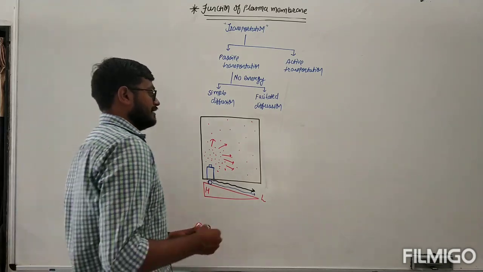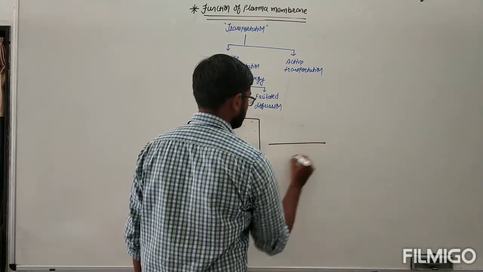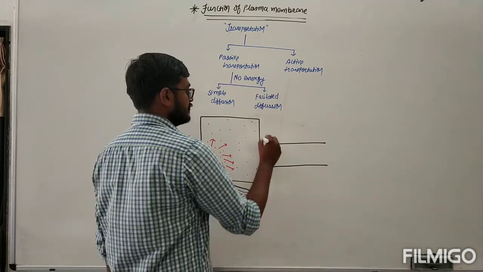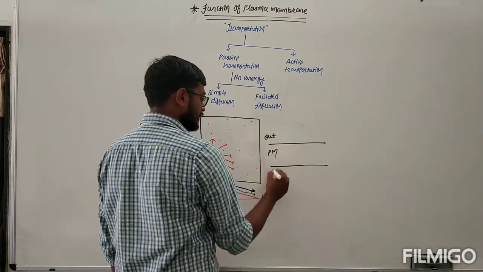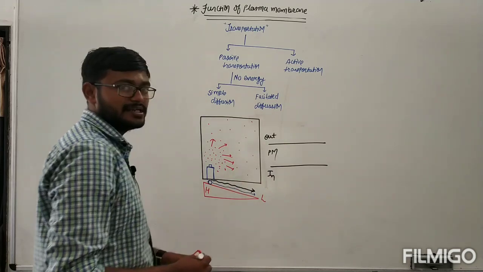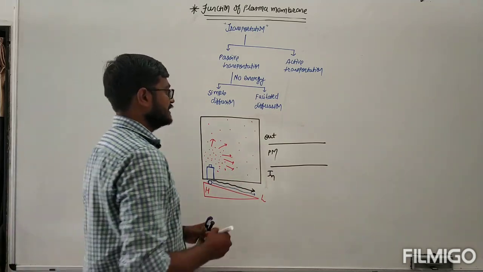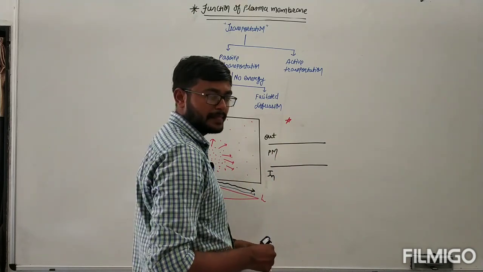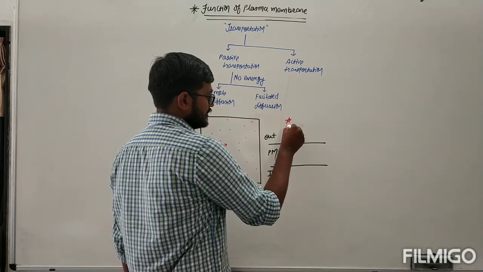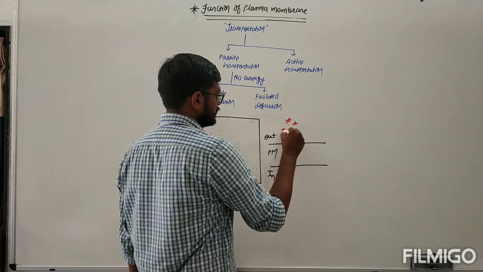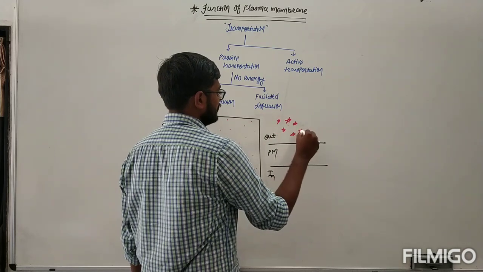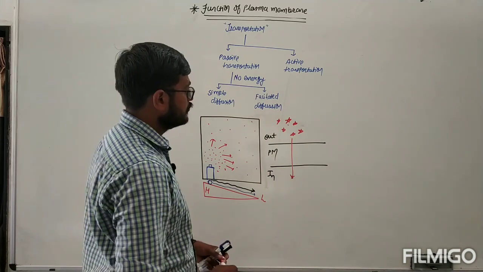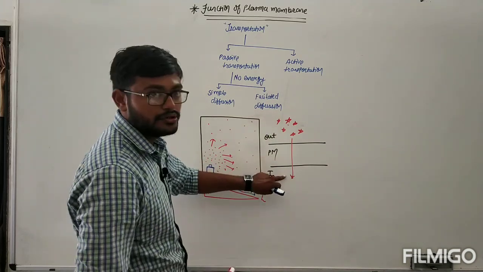How can we explain it better? See, let's take an example. The plasma membrane is there. I am just showing the plasma membrane over here. I am writing PM. It is the plasma membrane. This is the outer face, the outside of the plasma membrane, and this is the inner side of the plasma membrane. Here let's take an example: a small solute molecule or small component is there. This component is higher in concentration on the outer side, and it is diffused to the inner side. So the movement of this substance is from high to low.